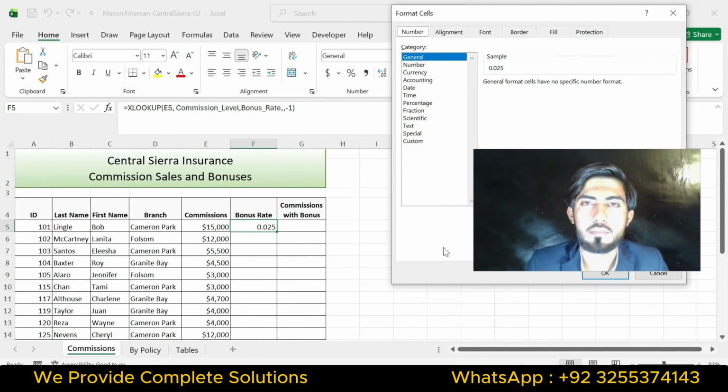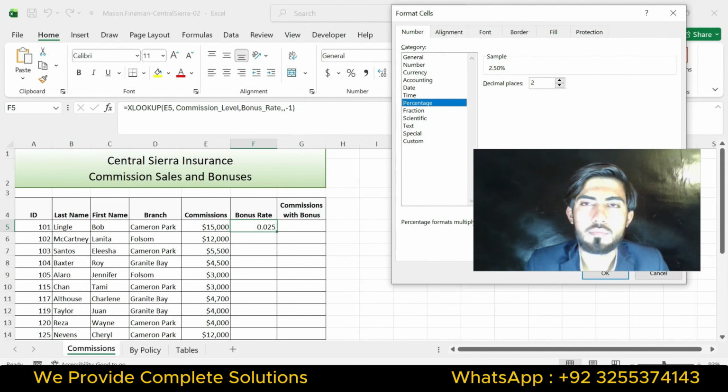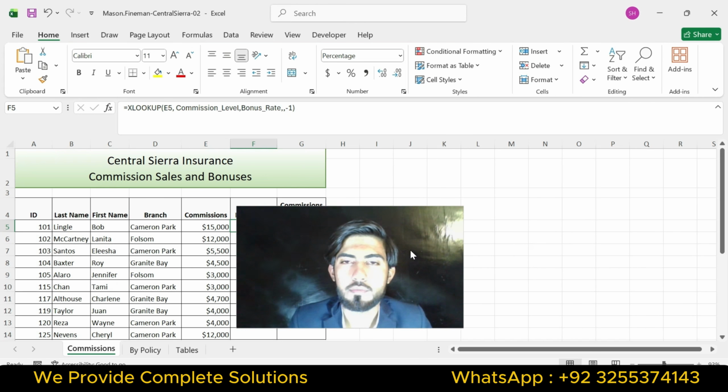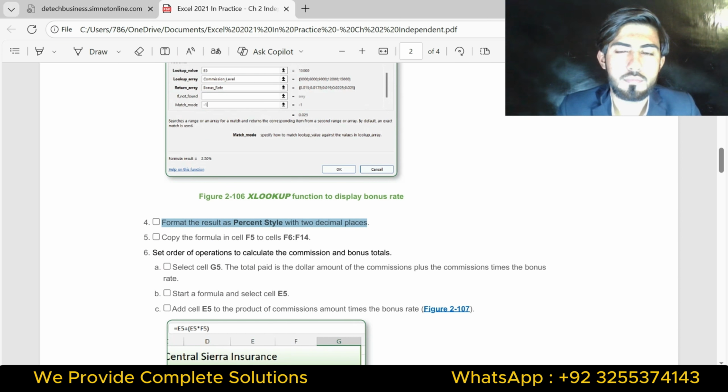Percentage style with two decimal places. Click OK. This is two decimal places. You can see this. Click OK. Question number 4 is complete.